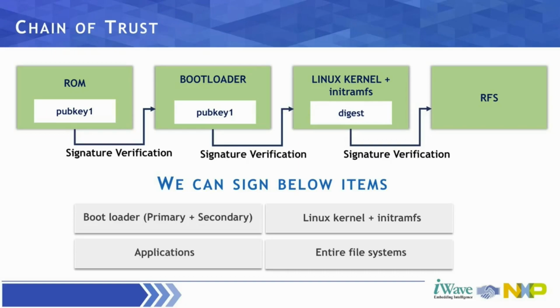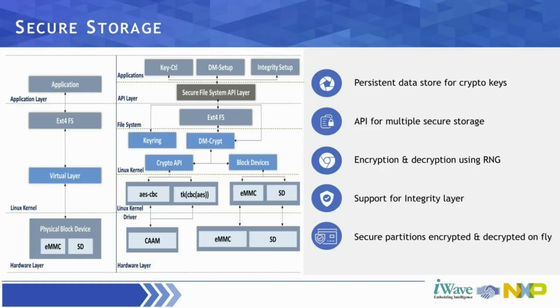Now, going a bit deeper into secure storage. On the bottom, we have the hardware layer, where your i.MX SoC comes in, which contains the CAAM module and the storage devices like your eMMC flash or your SD storage. The i.MX processor offers hardware encryption through the cryptographic accelerators and this Assurance Module, CAAM, which supports your Linux kernel driver. This CAAM module supports the secure memory, the cryptographic authentication, and your random number generators, all taken care of on this layer. And from here is what the iWave security suite brings in the keyring.